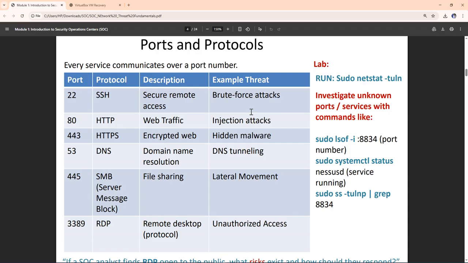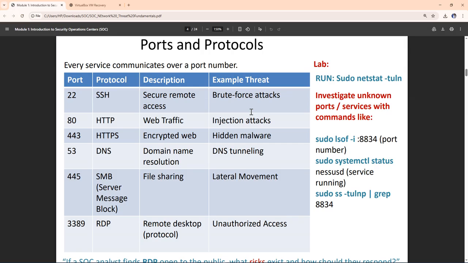Then we have DNS on the protocol, and on the port we have 53. Port 53 is for domain name resolution. Some of the threats that you could see there are DNS tunneling. So we also have 445, which is SMB, server message block,